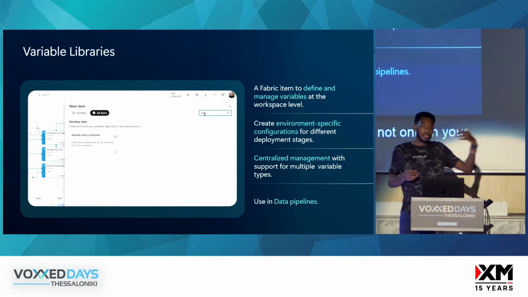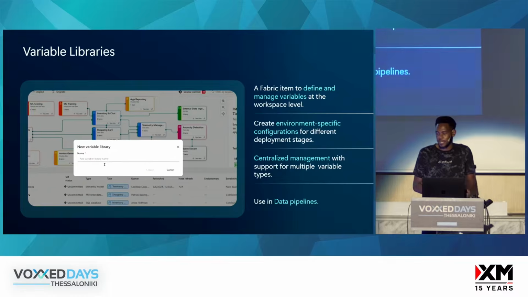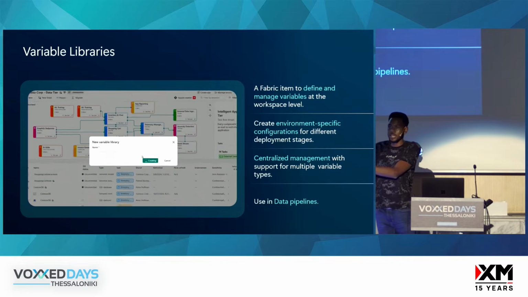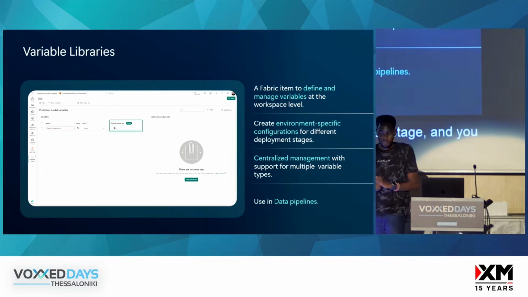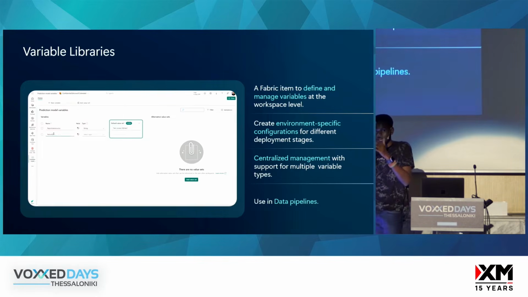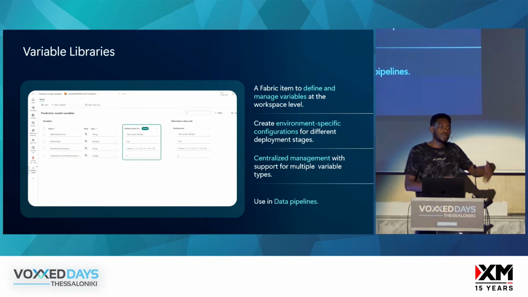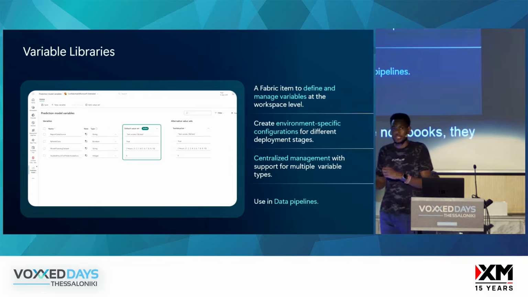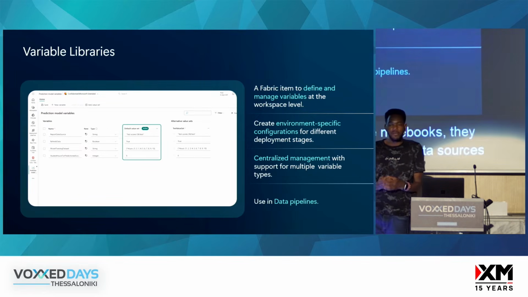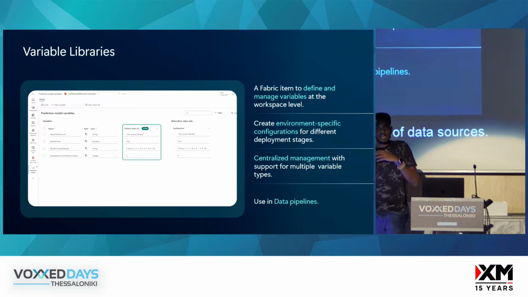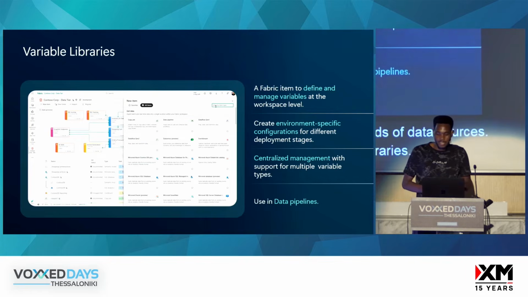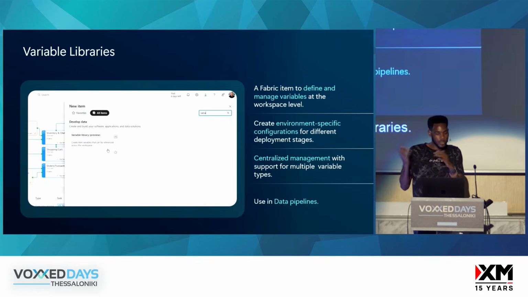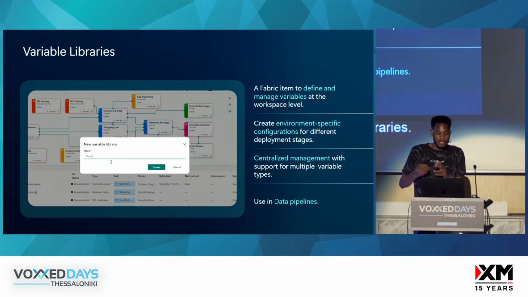So suppose you have a notebook maybe in your dev stage, and you have the same notebook in your production stage or in your test stage, and each of these notebooks needs to access different kinds of data or different kinds of data sources. You can set these variable libraries, and they can change depending on which stage you are within